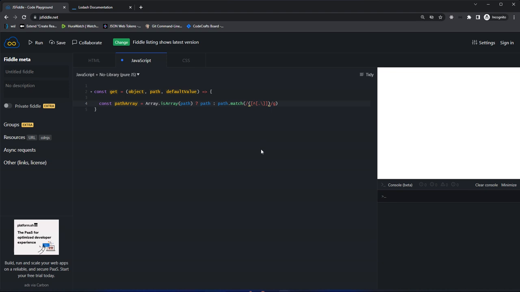And this group can be a single character, or it could be multiple characters. So what this does is